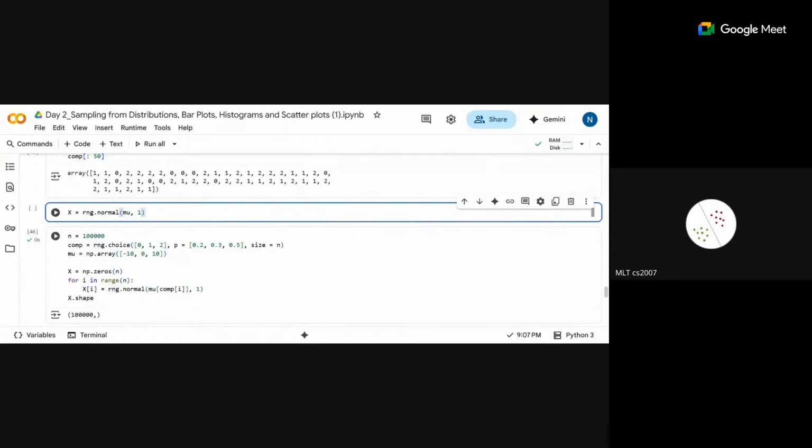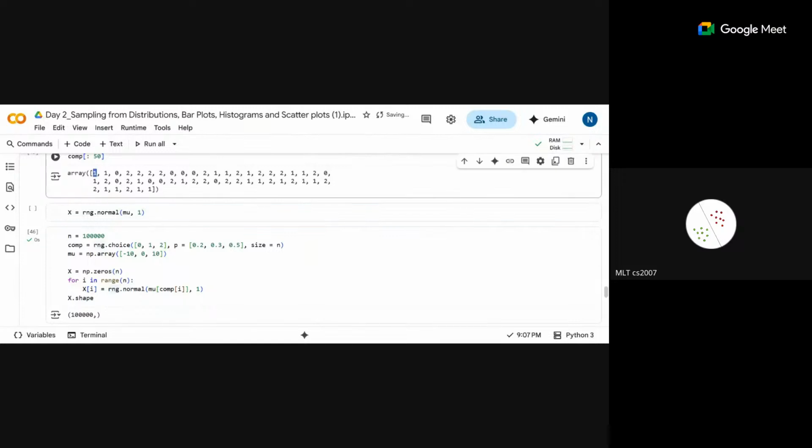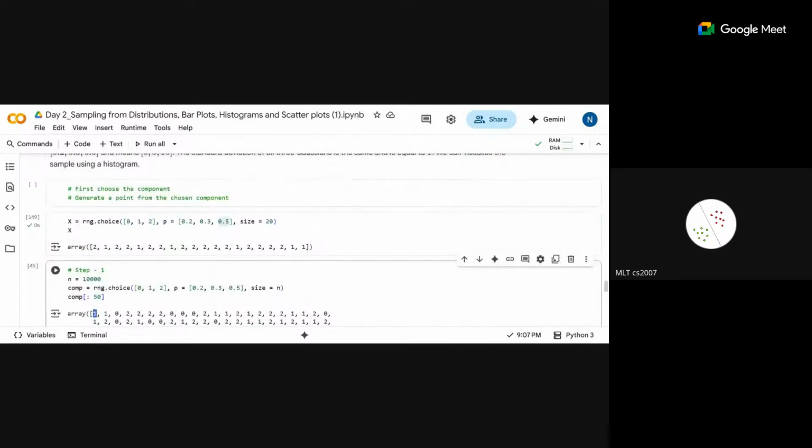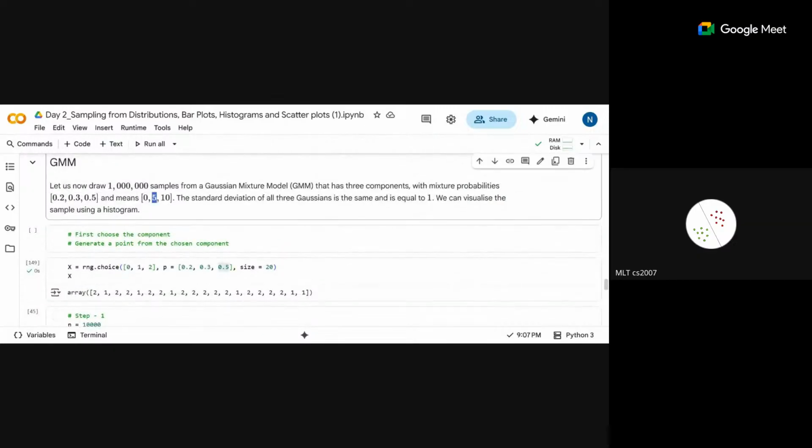But now here, what we would want is that the first sample should be generated from the first component of the mean, with mean 5